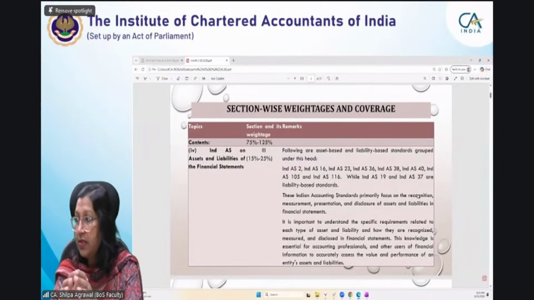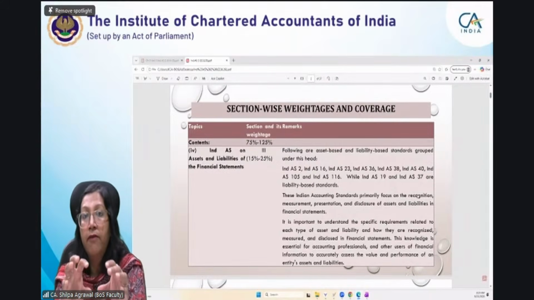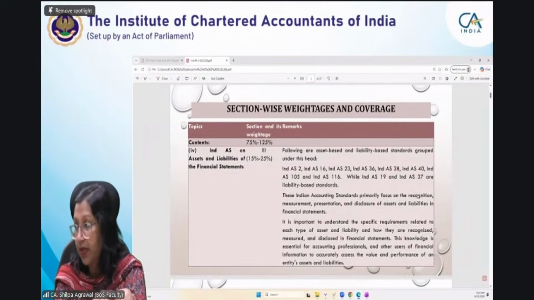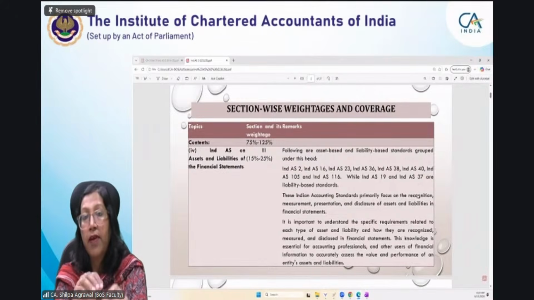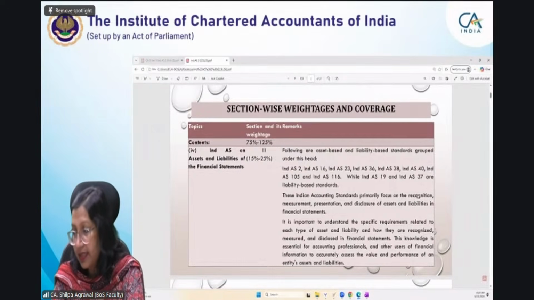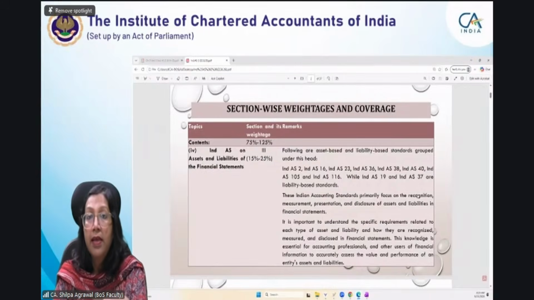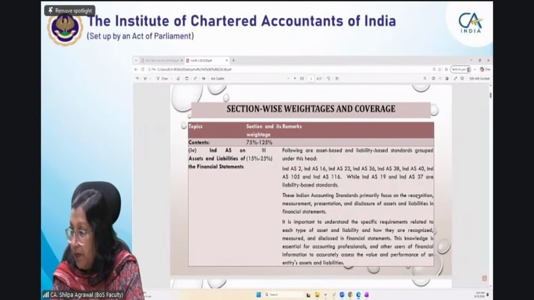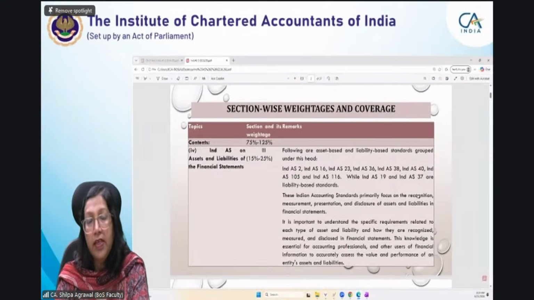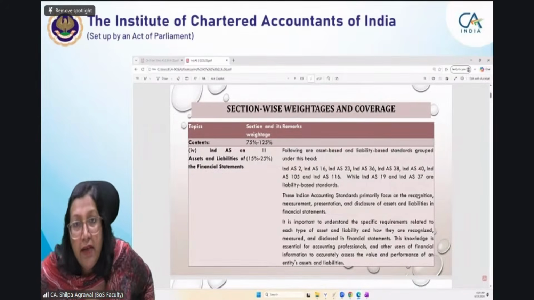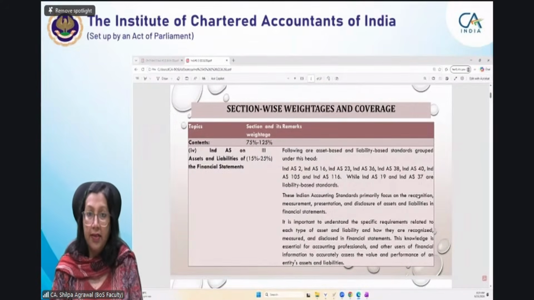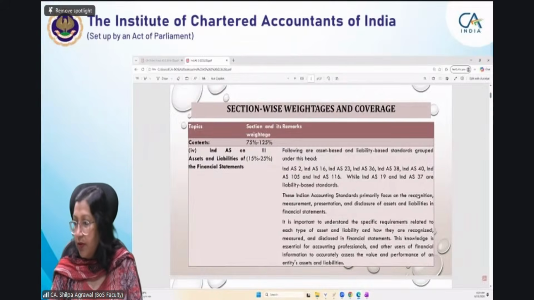Now let me first understand, who also knows where inventory is placed in the financial statement. Manish, Rachit, Ravinder, Saminathan, Rohan, Josna, Aliti, and Sai Kiran. Where do we place inventories in the financial statements? Okay, current assets. Very good, Aliti. So, students, yes, it is a current asset. One of the current assets. Current asset is your main category. Under that, we have the first item, which is your inventories. Good morning, Saminathan.